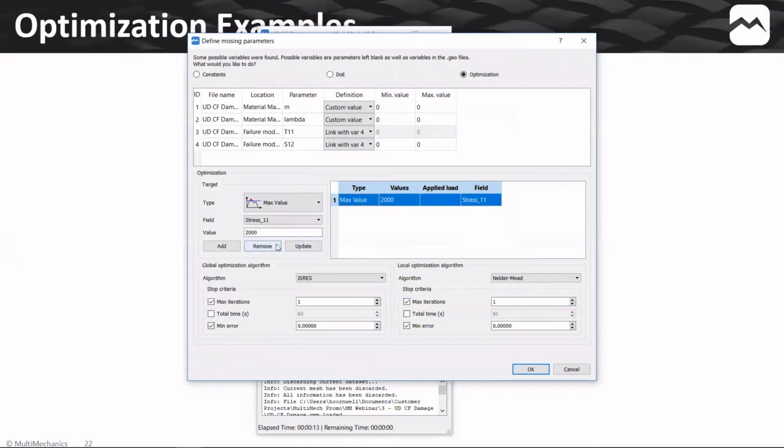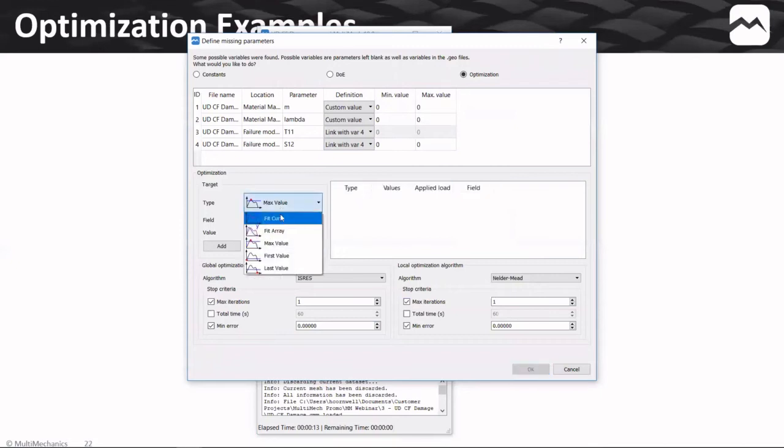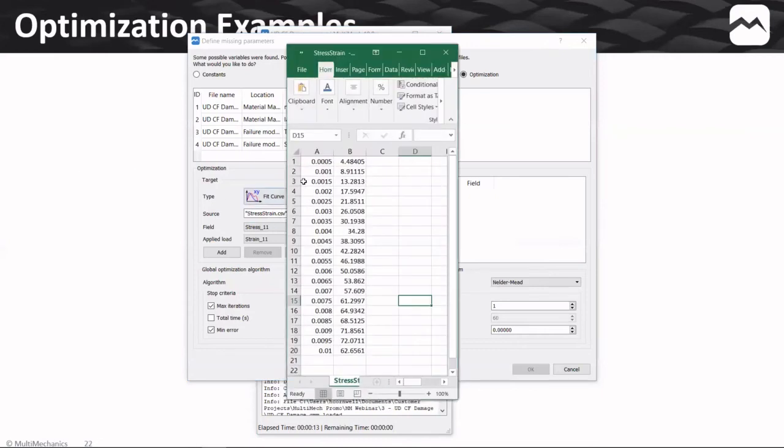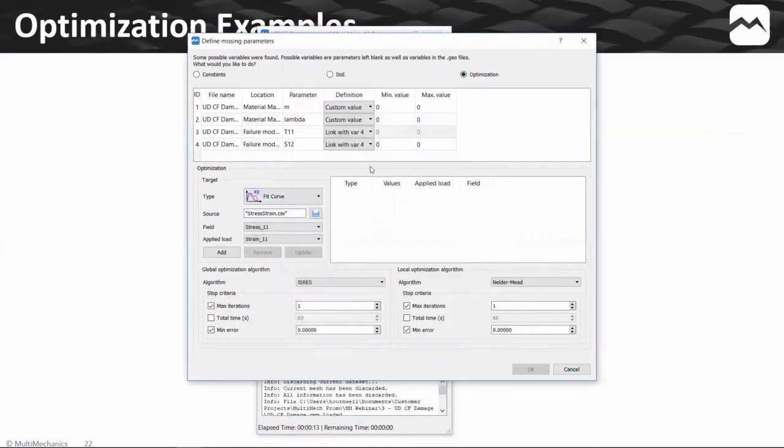In this case, we are going to fit to a curve. The curve that we have listed is a curve, say, in the transverse direction. So what you do is you input an Excel sheet, and you have these different strains and stresses. And what MultiMech will do, it'll actually take those strains and apply them to the RVE to hit your target and try to link with these variables. In this case, this is in the 2-2 direction, applied load 2-2 direction, and after you upload the CSV file,